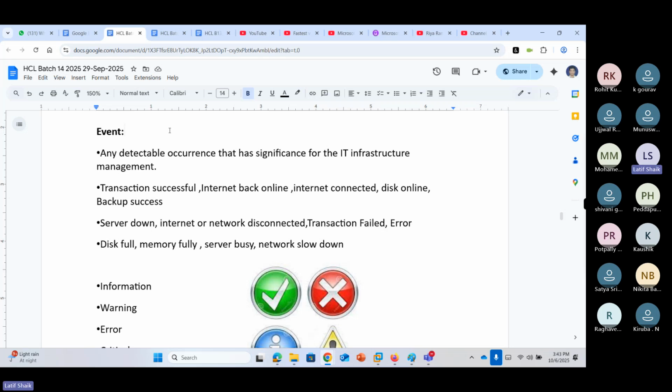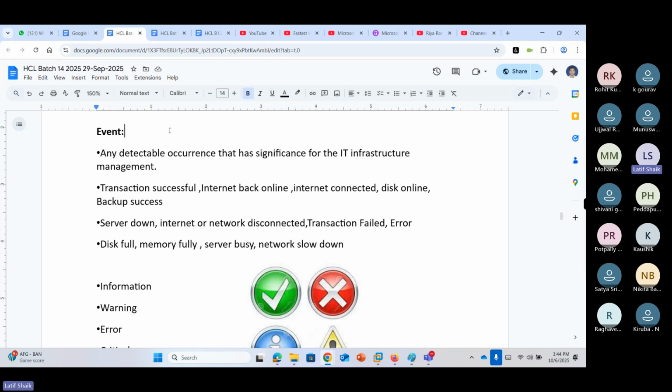In between these two types, there is something that is working, but still there is an issue. You have a hard disk that is working, but we can't store any more data because it's already full or about to fill. Or a server is busy, with 99% load on the server or the firewall. A remote application is not loading fast, with a very slow response. These are also events.